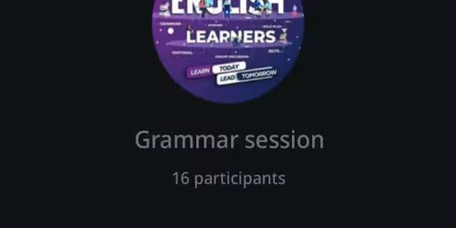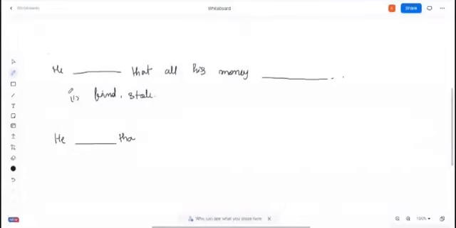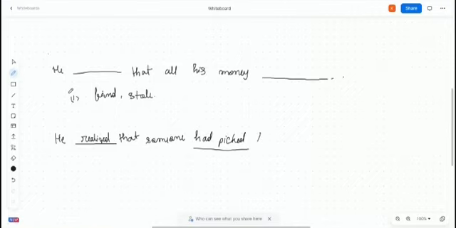May I say this? Yes, you can, but wait, let me write the first question which I wrote earlier. He realized that someone had picked his pocket. Yes, you can give the answer now. It could be something like he found that all his money had been stolen. Yeah, that's the thing. He found out his money had been stolen, because we use passive voice here.